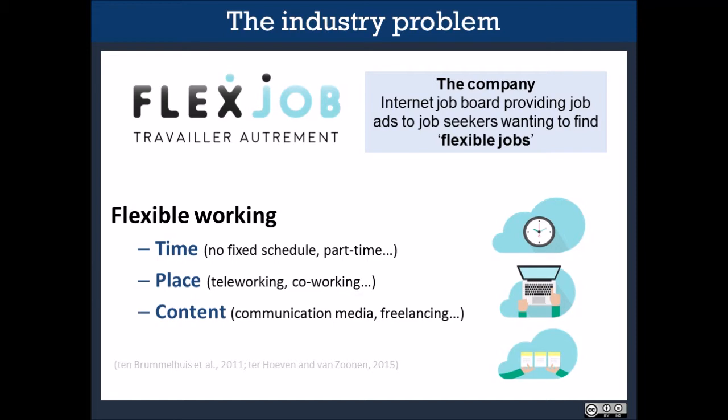The second one is place. So when individuals can work wherever they want, with arrangements such as teleworking, co-working, etc. And the third one is content, when individuals can work however they want, with freelancing or the choice in communication media, etc. So this website, FlexJob, is